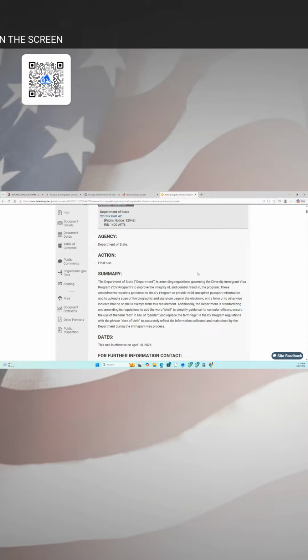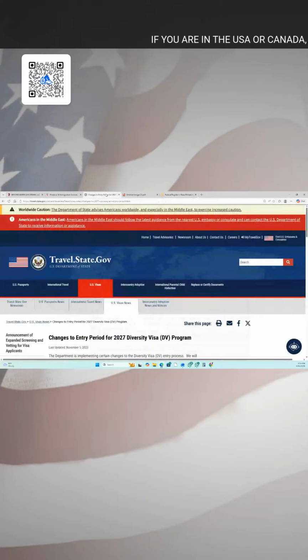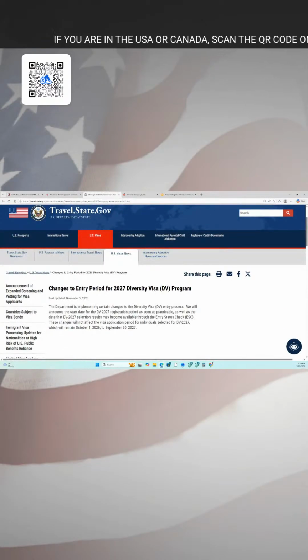So in these 1-2 weeks to come, we might have the DV lottery, the DV2027, or it might happen next month in May, possible. But the government says, despite the delay in the diversity visa lottery this year, it will not affect the start of the interviews. It says as follows: